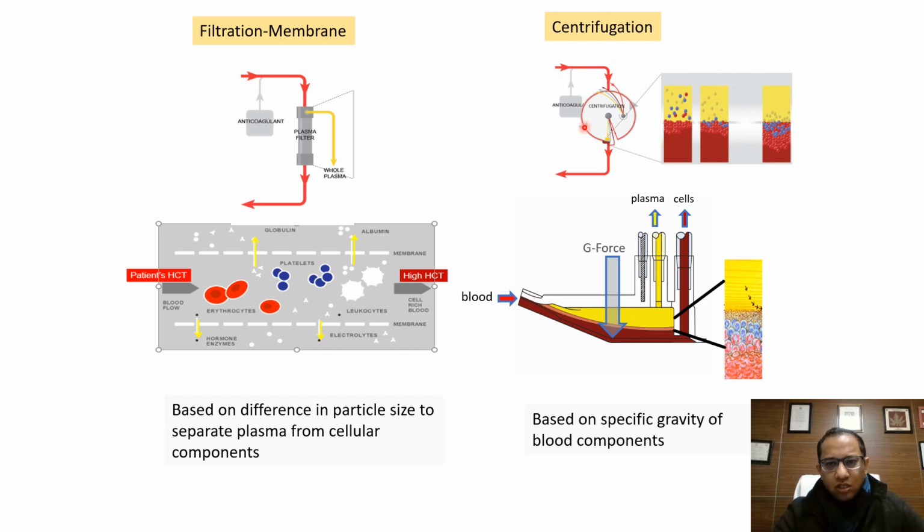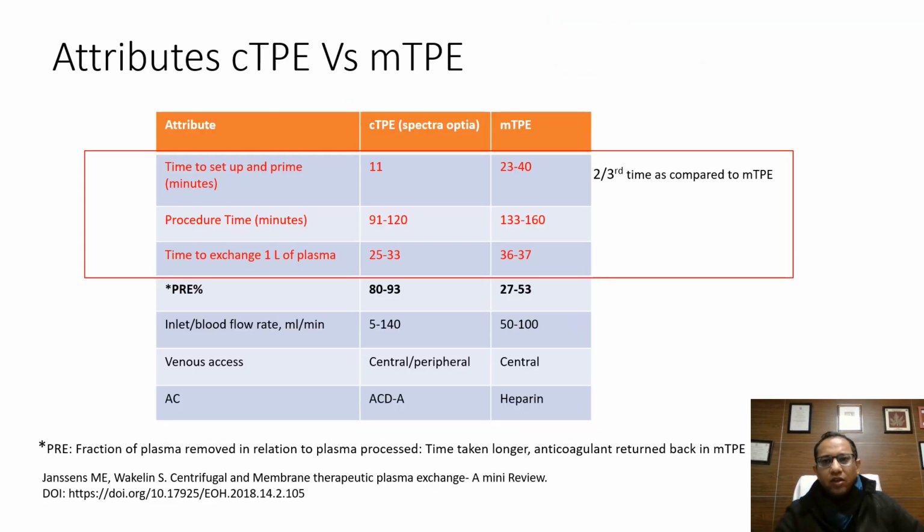Whereas in centrifugation, it is the specific gravity and the centrifugation force that is going to be there, and that will separate the various components based on their specific gravity. So these are the two methods that are available. This is done through a dialysis machine, and this is through the apheresis machine that we have in transfusion medicine. Now, there have been various papers that have compared centrifugation plasma exchange versus membranous plasma exchange,